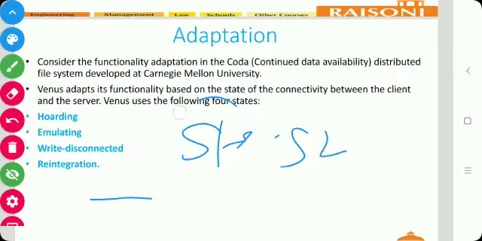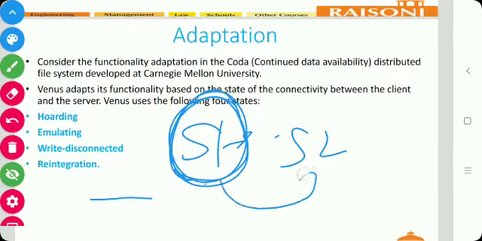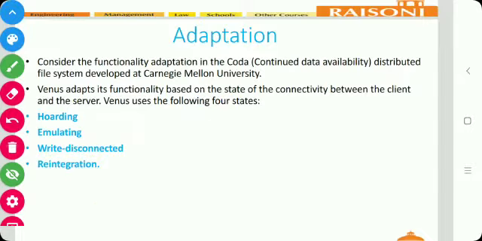For example, the application will perform the functions for the S1 state, and it will do those functions as long as it is in S1 state. When that state is changed, suppose to S2, then it performs the functionalities of the S2 state. For example, consider the functionality adaptation in CODA.